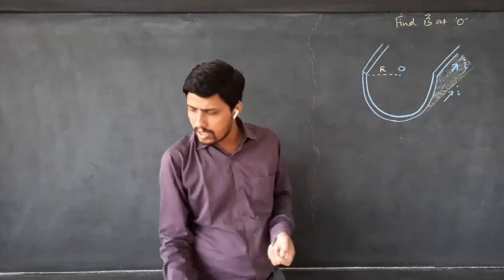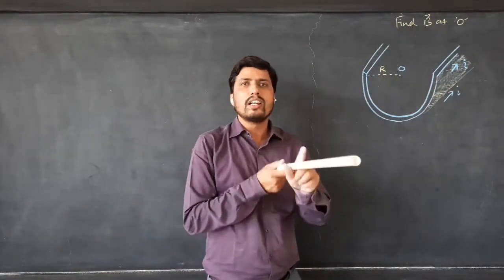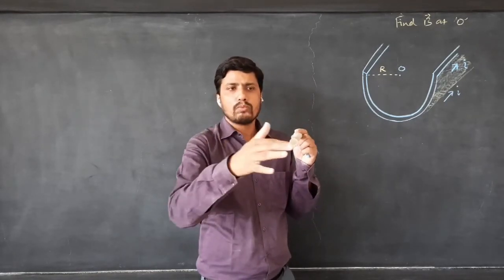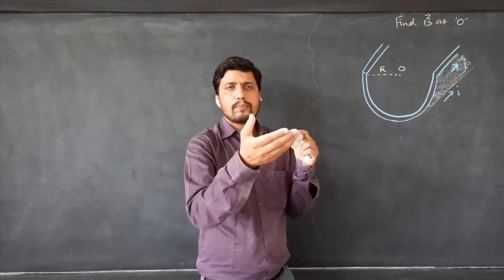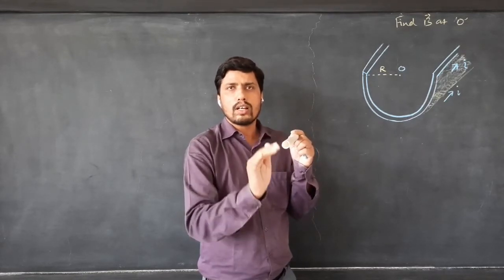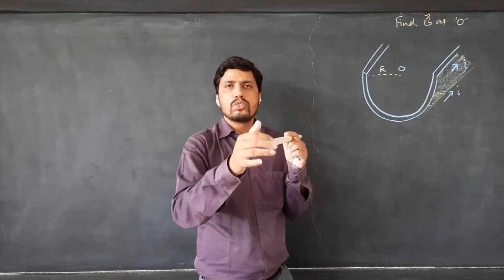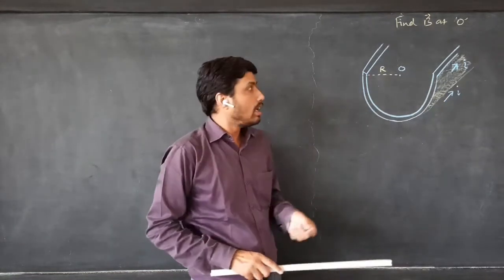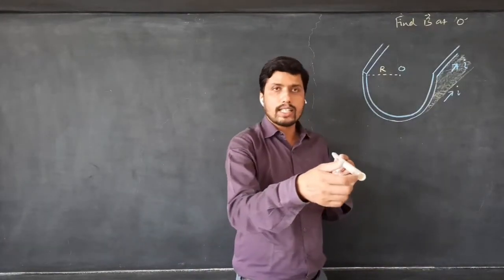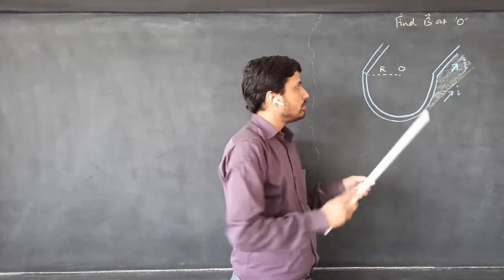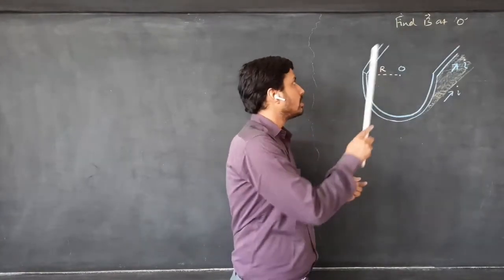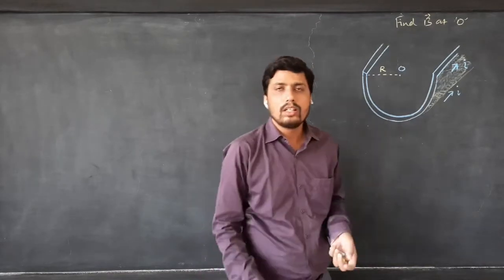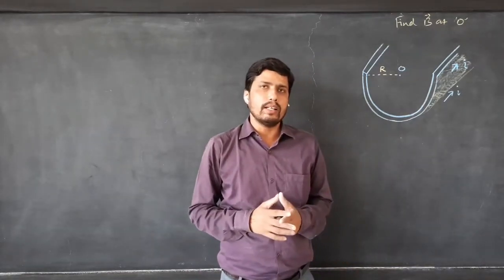First, you have to understand that, so for example, this one is a cylindrical wire. You can assume it to be a cylindrical wire. If you cut it into two equal halves along the axis, you will get two semicircular parts. This is one of the semicircular parts. And it is asked on its axis, there is a point O. So if you complete this circle, O will be the center of that particular circle. At O, you have to find the magnetic field.